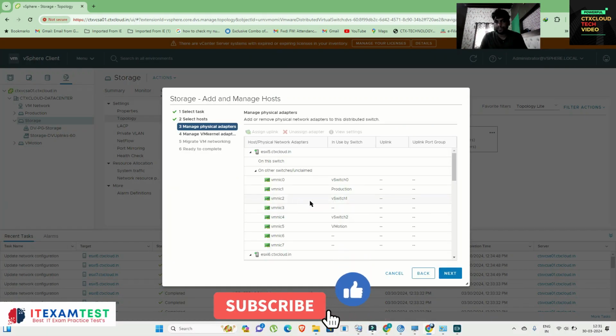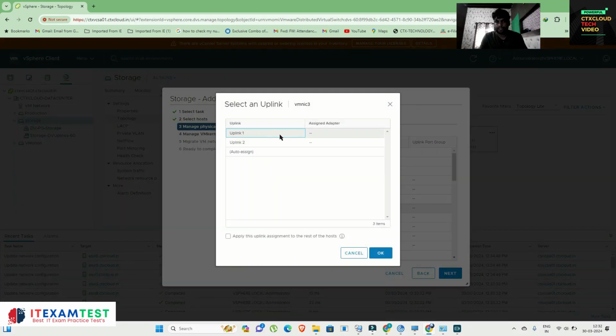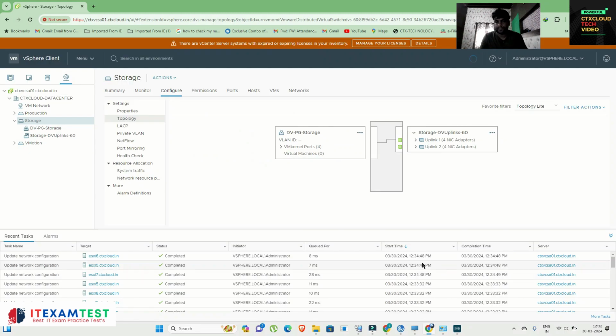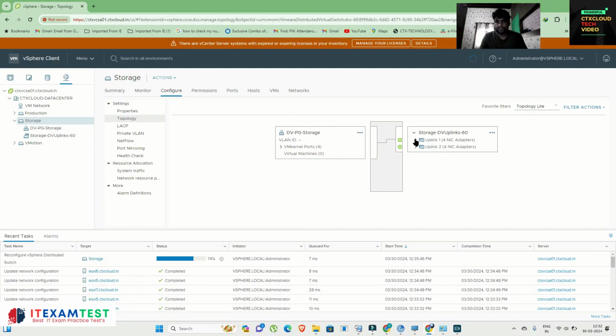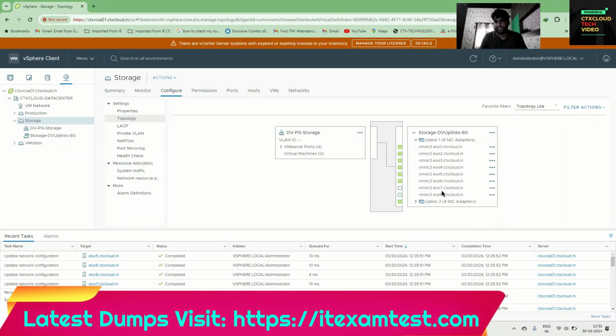And for the storage, we have another storage adapter which is vmnic 3. Click on assign, click on uplink 1, click on apply, click on OK, click on next, click on next, click on next, click on finish. So here you can see that ESXi 1, 2, 3, 4, 5, 6, 7, 8 are now